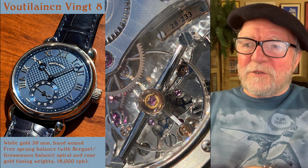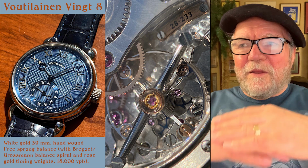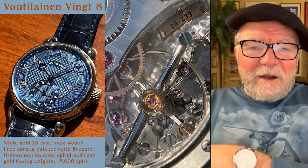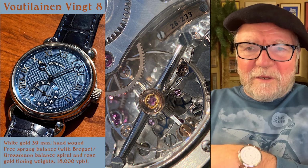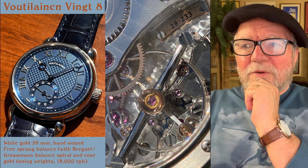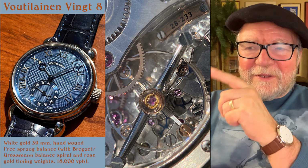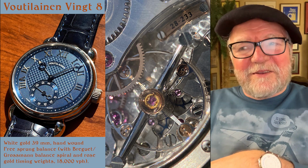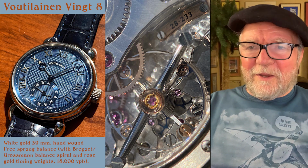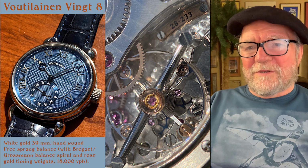But he always has these great big balance wheels. I love big balance wheels because they have the inertia to give it a certain amount of steadiness. And I don't know why more watch companies don't use larger balances. I'm sure they have a reason for it. I just think they're great. I mean, when you look at that balance wheel and you look at the little hairspring under it, that's really some movement. Now, the other part is this incredible guilloche that Kerry Wooton puts on the dials